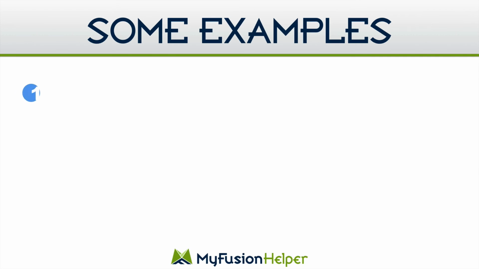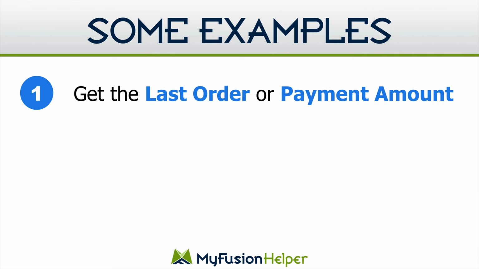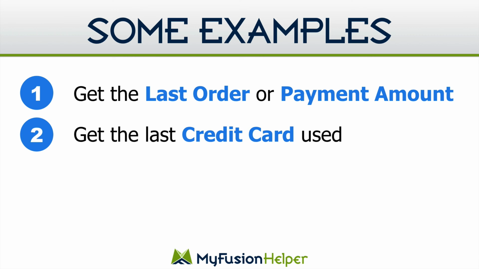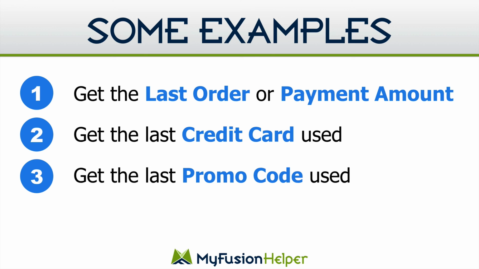All right, so we've seen how to actually set it up, but let's kind of talk about some of the scenarios and examples where you might want to use this. Now, using the Get the Last helper for retrieving the last order or payment amount is a very common need and necessity that is just not met within the Campaign Builder without using an API function like this. So this is a very common thing to send out to people and alert them to details about their last order. Now, another thing is the last credit card used can be very helpful as well in some of your merging and emails. Being able to get the last promo code that we talked about in the demo here today,